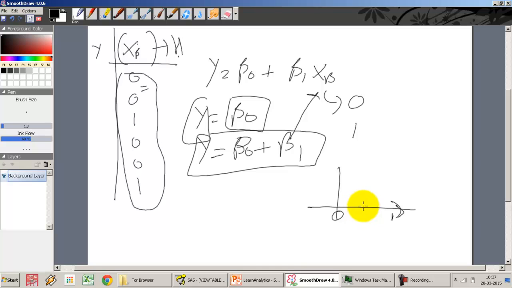So while we can use this to a certain extent, it is not advisable to have too many categoric variables coded in as binary variables in our linear regression model, primarily because it reduces the possible values y can take. So when I bring in this variable, and this is the only variable, then my dependent variable can have only two possible outcomes, which is either y is equal to beta naught or y is equal to beta naught plus